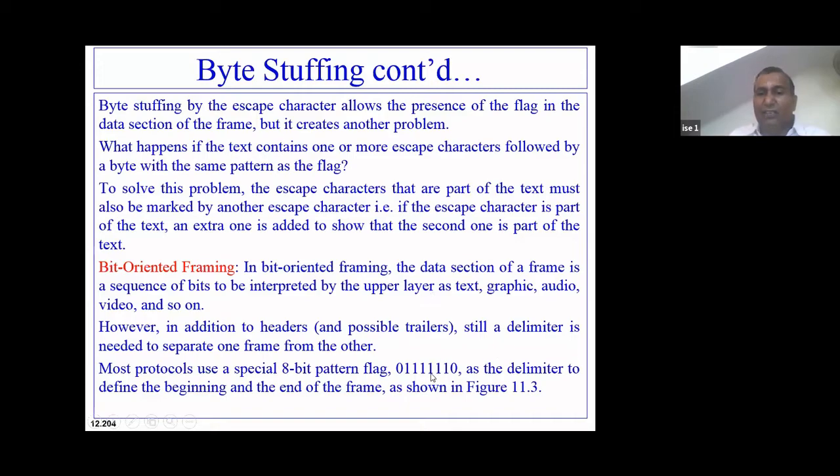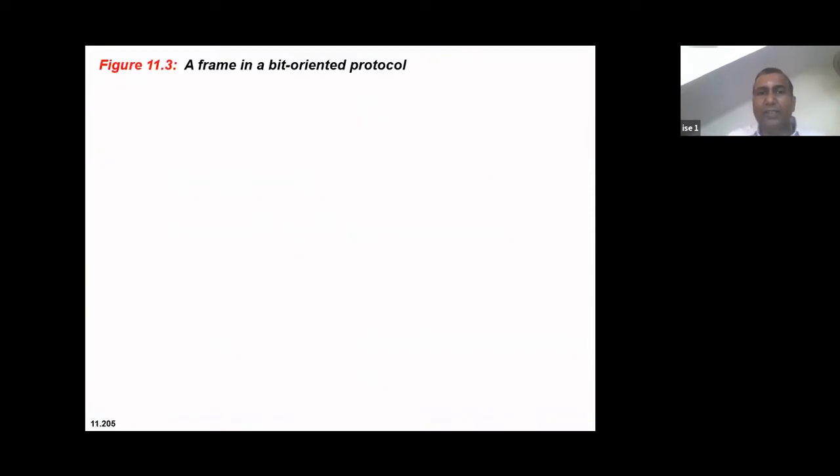So assuming this is the 8-bit pattern, I have 6 ones placed within 2 zeros, one on the left side, one on the right side. This is taken as the delimiter, which delimits one frame from another. That means it tells that this is the beginning of the frame, this is the end of the frame. You got the idea?